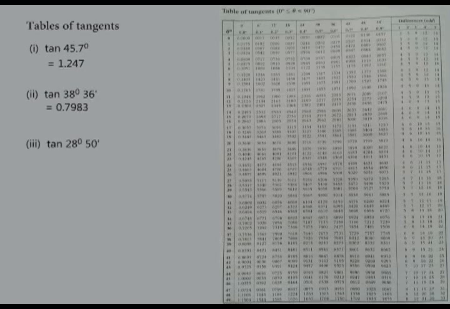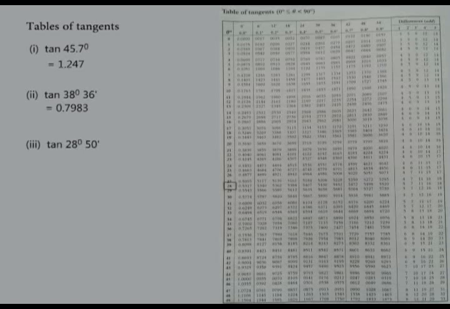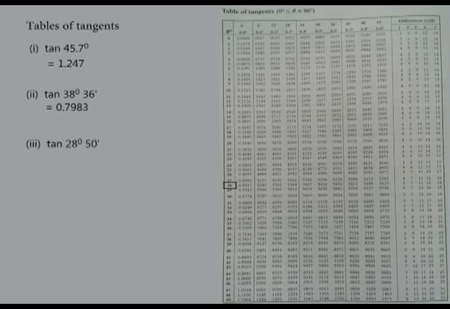What of 28 degrees and 50 minutes? We can read 28 degrees, but 50 minutes? No. This time we go to the differences group of columns. Notice that this group has only 5 columns. 50 minutes lie between 48 minutes and 54 minutes. In between the two, there are 5 minutes. That is 49, 50, 51, 52, and 53. So what we do is read the number at the lower side, that is at 48 minutes. And that tangent is